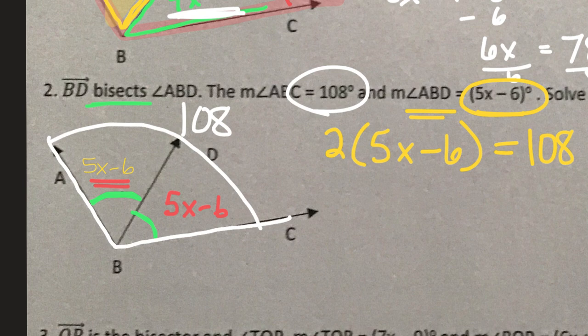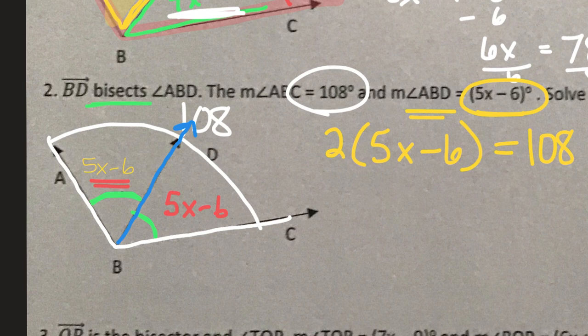108, right? Two of these same angles, because these angles are the same. We have two of them, right? You could write 5x minus 6 plus 5x minus 6 equals 108. Mathematically, that's the same thing. Or we can do 2 times 5x minus 6 equals 108. Okay. Similarly, we know that because this is a bisector and the whole thing is 108, then each of these